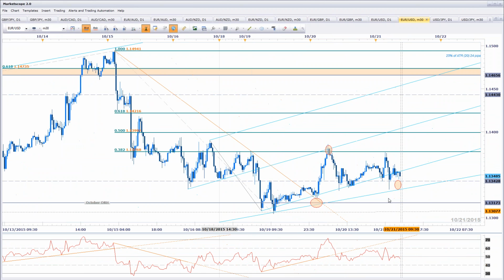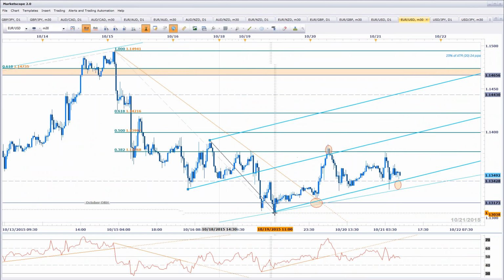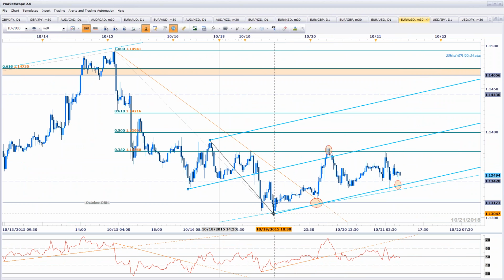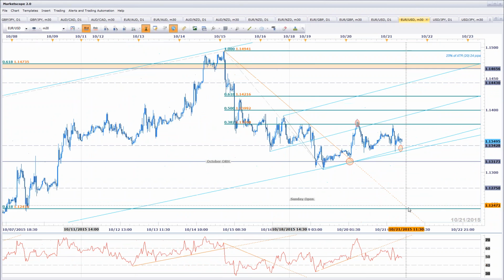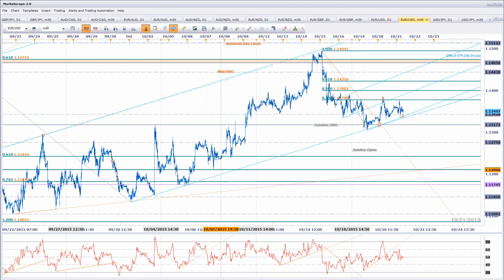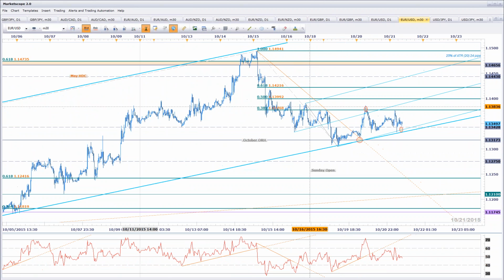So the euro levels haven't really changed from what we were looking at in the webinar yesterday, rather. Again, it's too soon to tell whether this pitchfork is actually in play, but we'll leave it for now. The broader one that we were looking at in the daily chart is really the focused formation we're in. Weekly opening range high 1376, excuse me. Weekly opening range low right at the October opening range high, and that's 1317. So look for a break of this range as we get into the ECB tomorrow.